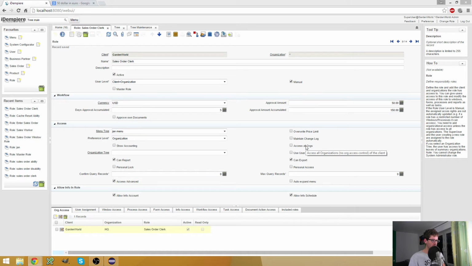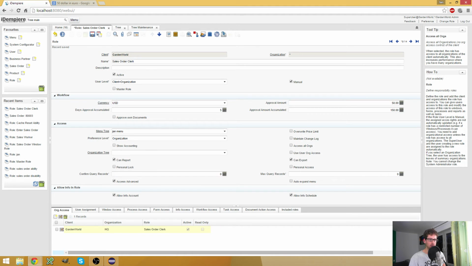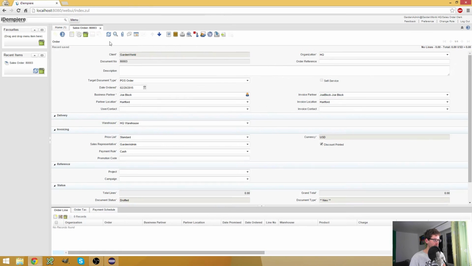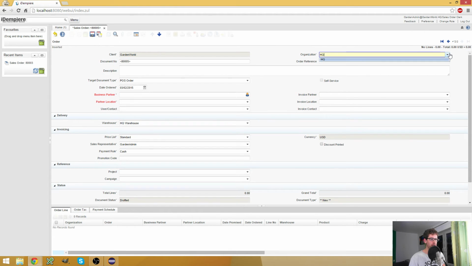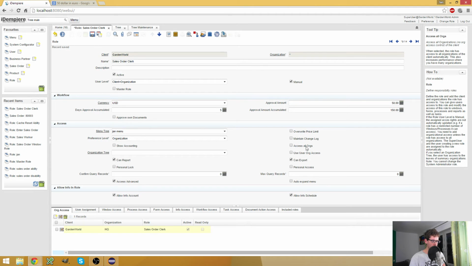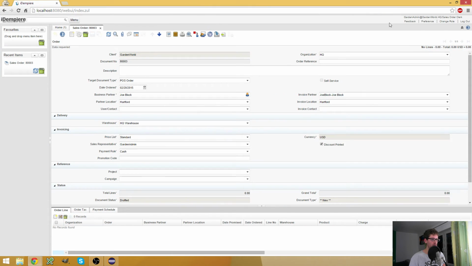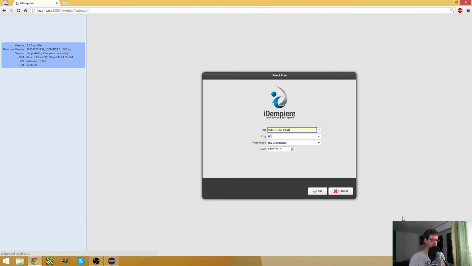Access all organizations. If I check it, then let's first take a look at this one. If I create a new entry here, you see only HQ is available. So if I check the access all organizations checkbox, the other two buttons down there will become invisible, because now if I log out and